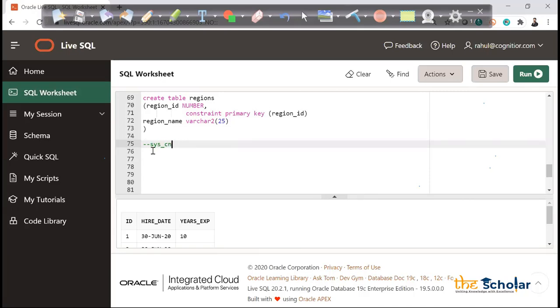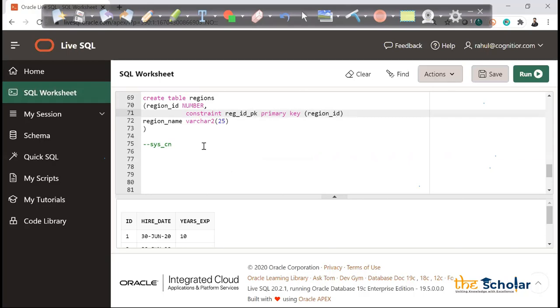But why go with the default name? Because once we deal with a huge amount of tables, it will be very difficult to understand which table consists of which constraints. We have a table, which we'll discuss also, where I will have all the constraint details. So it will be very easy if I give the constraint name, so that we can understand this particular constraint belongs to that table, right? So the same way here, I'll give the constraint name as, let's say, reg_region_id_pk. Region id pk, primary key.